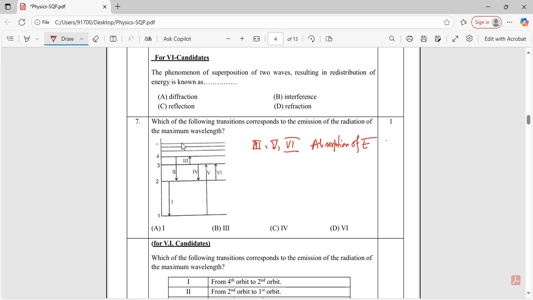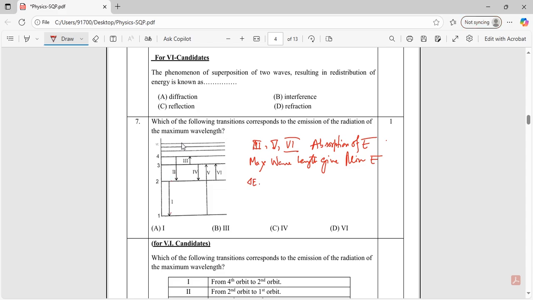Energy. So here 2, 4 and 1 represent that radiation of energy. Here the maximum wavelength gives the minimum energy. So max wavelength gives minimum energy. So that's why here 1